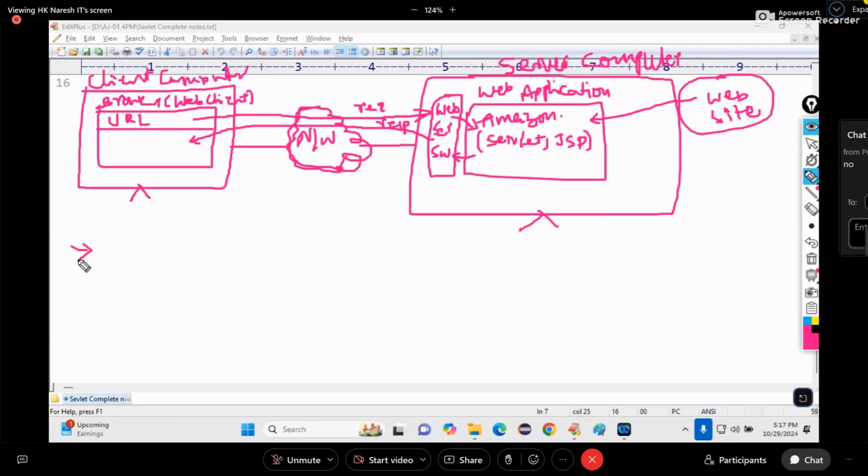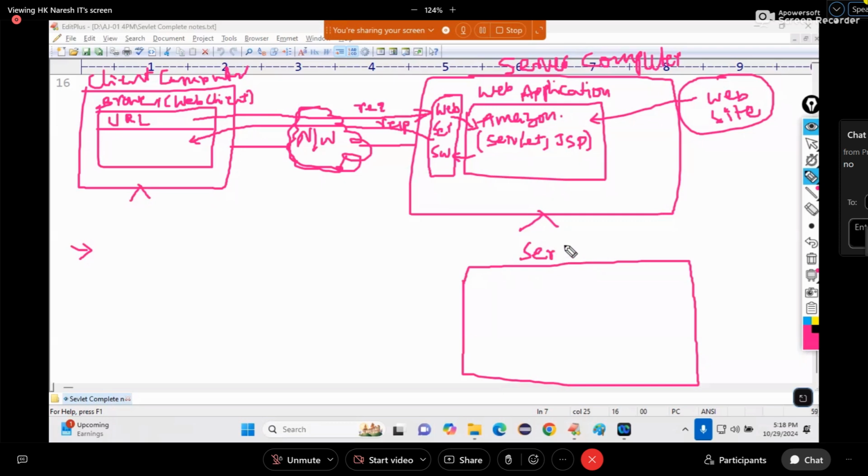Repeat once again. Can you write the diagram on your own? Now tell me, same, once again, what is there? Server computer. Via network, that computer is called what? Server computer. The server computer contains what? Distributed application.